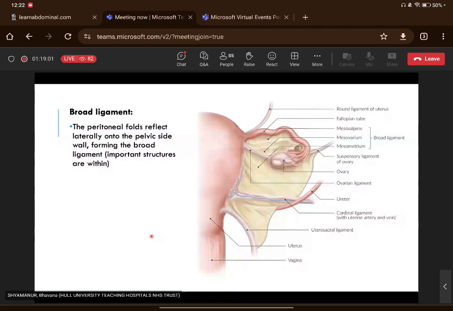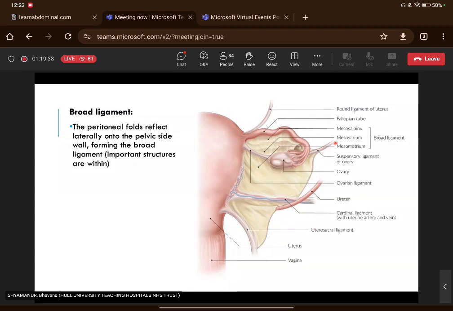Moving on to ligaments, so we've seen how the peritoneal folds reflect on the sagittal plane, but when looking at it in a coronal view, the peritoneal folds continue to reflect off the anterior and posterior aspects of the uterus and reflect laterally, forming the broad ligament. So the broad ligament contains the tube, the ovaries, important blood vessels. It contains the ovarian ligament, and it carries on laterally and attaches onto the pelvic side wall as the suspensory